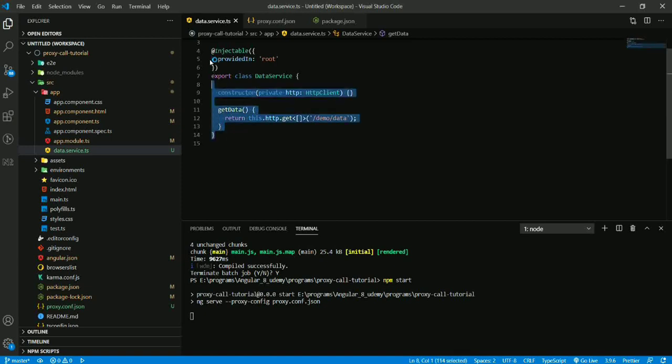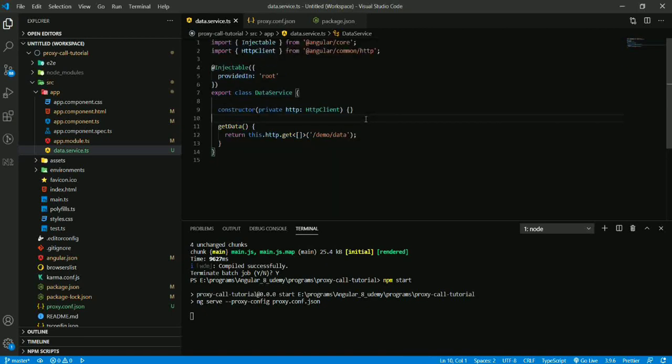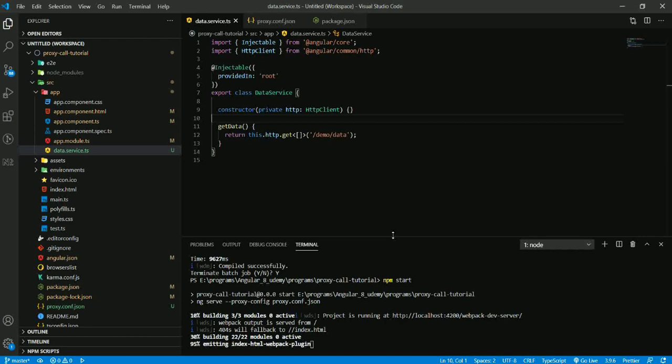And the proxy server takes the request. It is in between the backend API and our Angular application. So whenever the browser requests something, it goes to the port where our Angular application is running, and from there it forwards the request to the backend API.